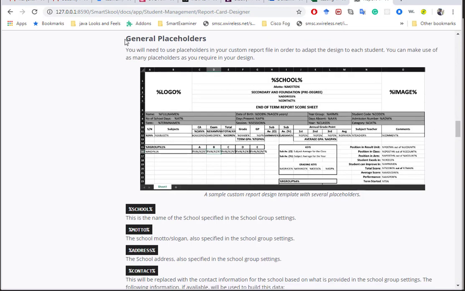The first is the general placeholder. General placeholders are placeholders that are just replaced once. In the ideal case they would only exist once, but who knows, you might want to reuse them. It's also going to be replaced if it occurs in more than one place. Now, when we talk about either current ones,